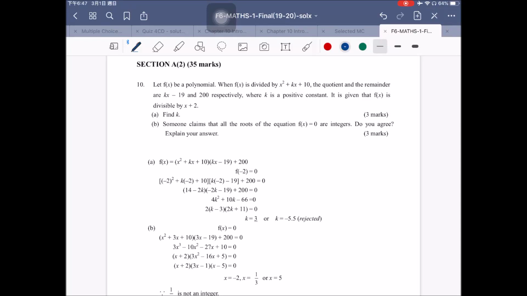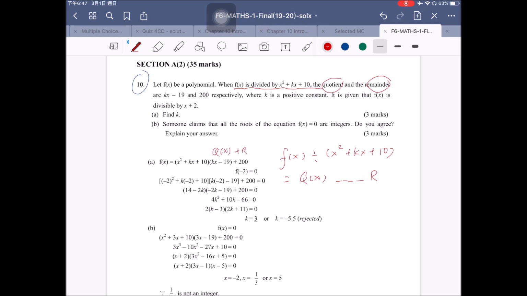Question 82, question 10. This is a very standard question again. f(x) is divided by this one, the quotient and the remainder. Okay, we know that f(x) divided by this one equals the quotient x and the remainder. Okay, and then you can rewrite it as f(x) equals the divisor times this quotient x plus this